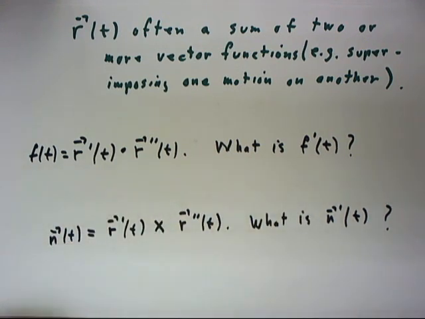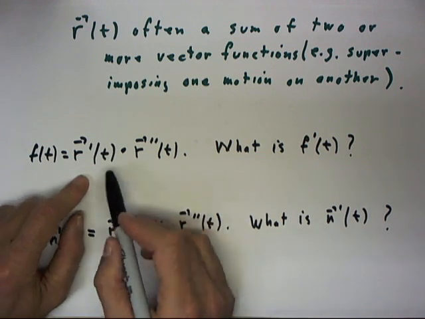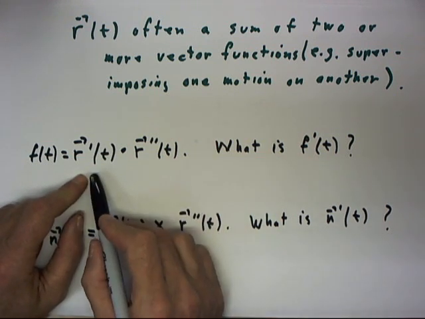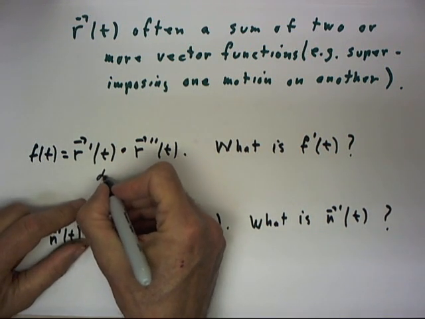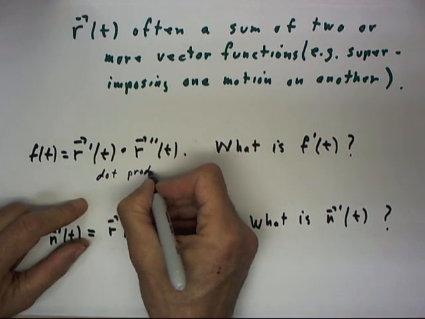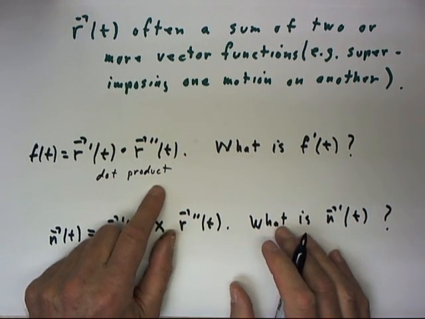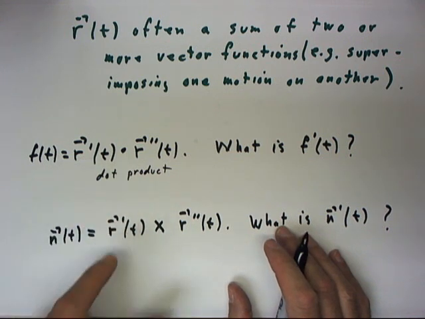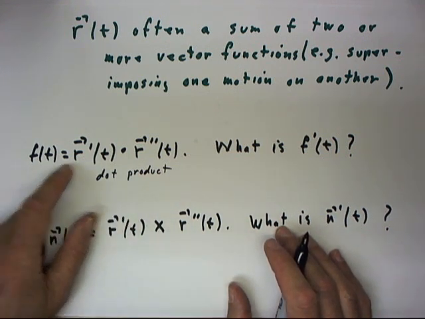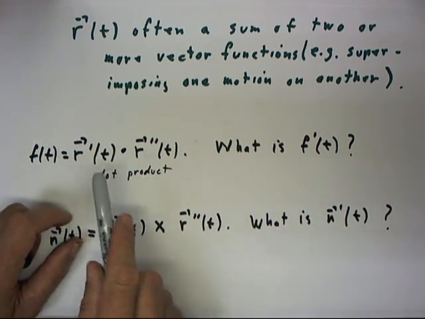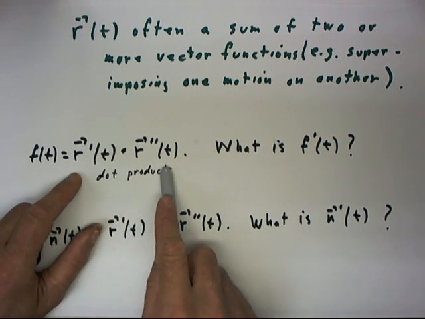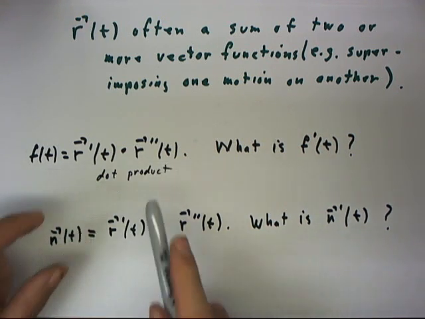Now, there are other ways of combining vector functions, okay? So let's consider another example. We've got our R prime and R double prime vectors, our velocity and acceleration vectors. We can do the dot product of those 2 vectors. Matter of fact, in finding the components of this vector in the direction of this vector, we're going to do a dot product. In other cases, we might well have 2 other functions with a completely different interpretation, not a velocity and an acceleration, but 2 vector functions. One example being